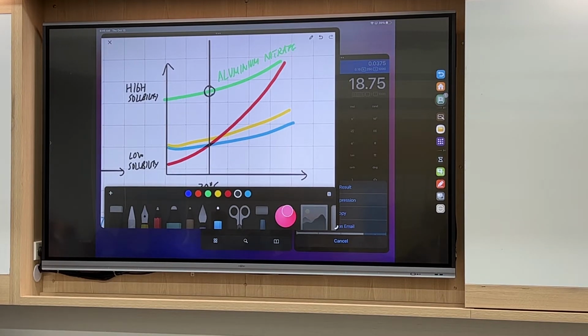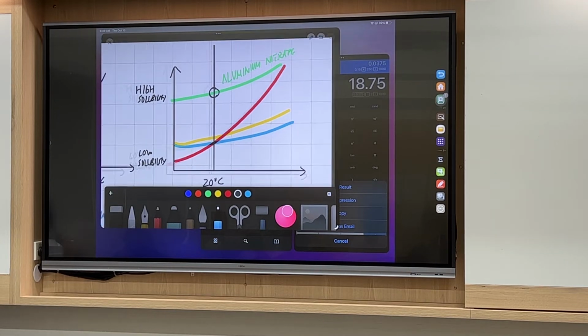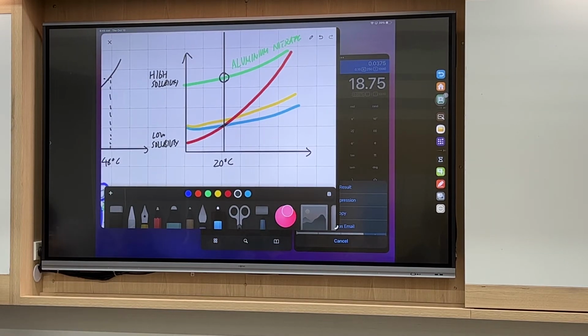So it is asking you about a saturated solution of potassium chloride. Now you need to focus just on the curve for potassium chloride, which is this one, this very straight line here. And they're asking you if having 100 gram of water,